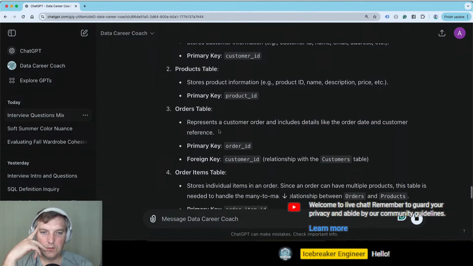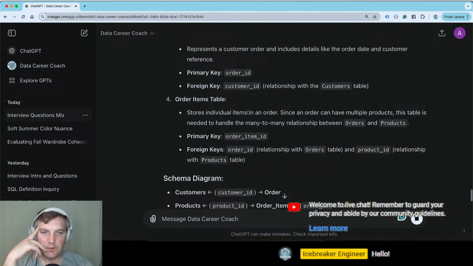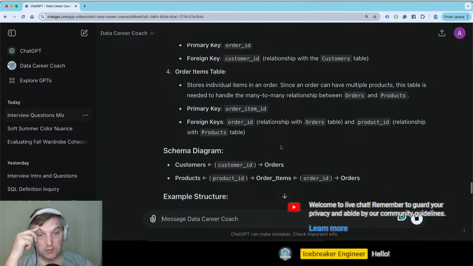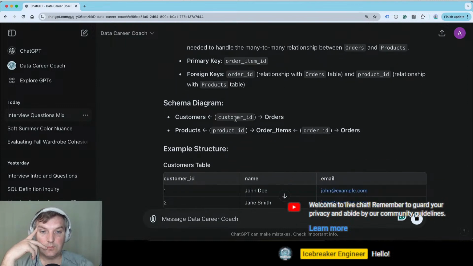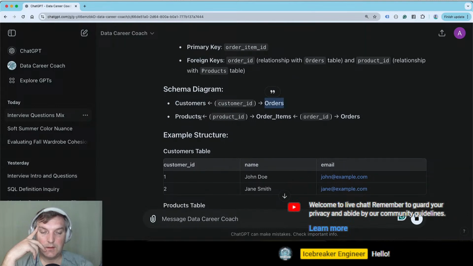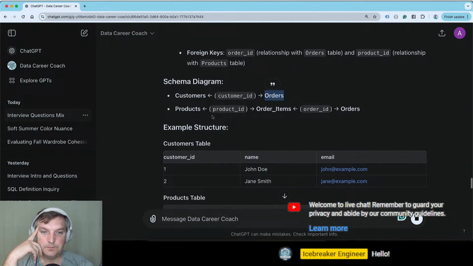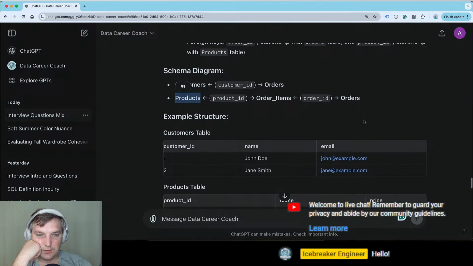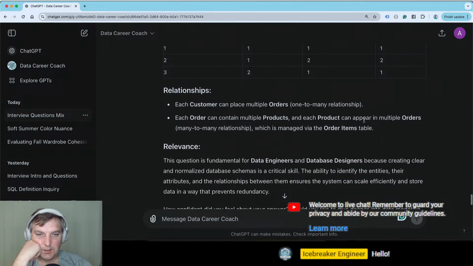Order table, foreign key, order ID, relationships, and then product, and the schema diagram, customers, orders. That's interesting. I like this approach. Product ID and orders. Yeah.